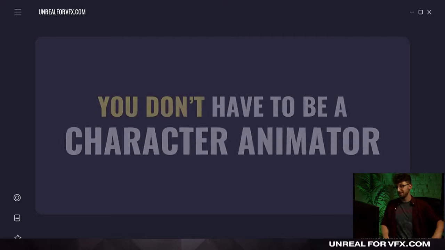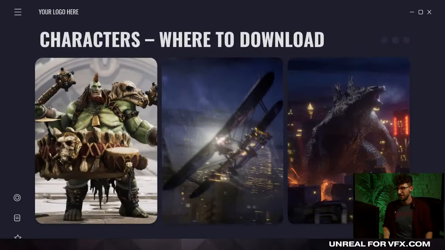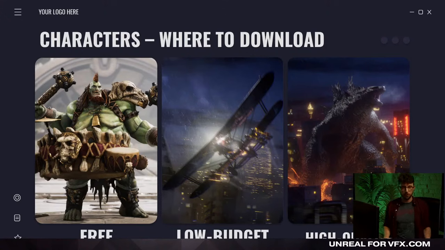But the good news is that you don't have to be a character animator to deal with this. I have some really cool shortcuts that you can use. The first of which is completely free. A lot of people get intimidated when they hear characters, like, do I need to learn how to be a character modeler? And do I need to animate all this stuff? The good news is you don't. You can use some free assets that are given away for free by Epic Games, by Unreal Engine, and just drag and drop them into your scene. They're completely rigged. They have animations, they're textured, and they look awesome.